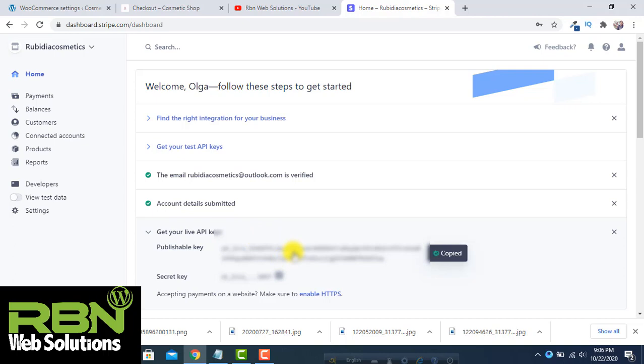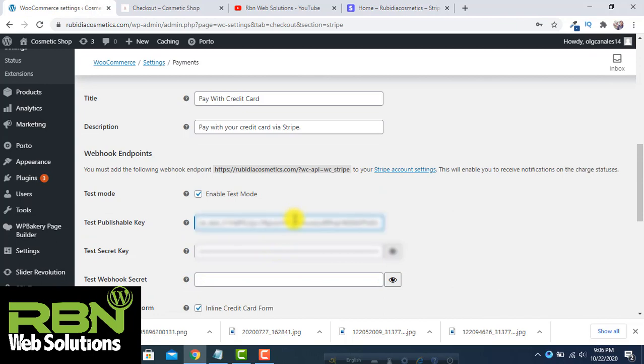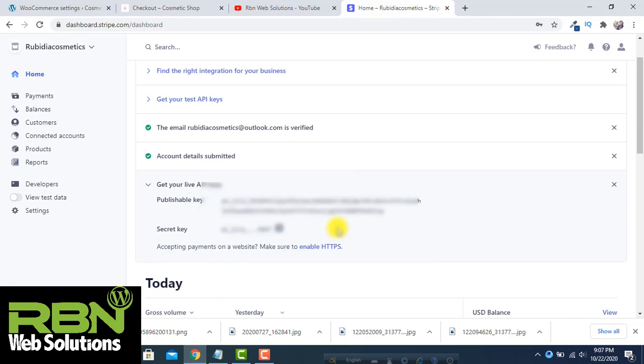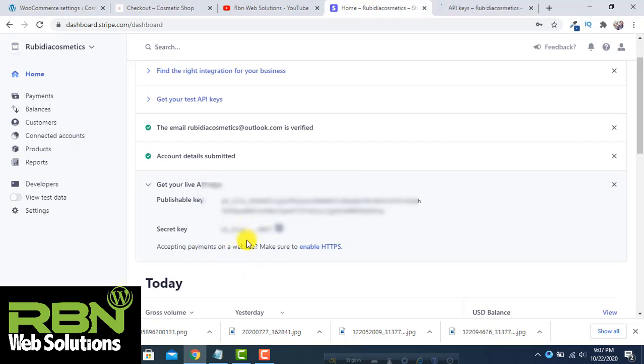So click on here to copy it and put the live API key, and again we have to copy the secret key, the live secret key. So click on here. This key is not working for us anymore, so we have to click on Developer dashboard. You should get the key here. Just click on here to copy the code actually.